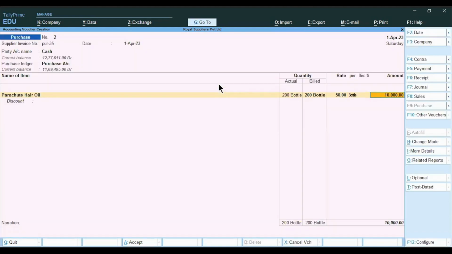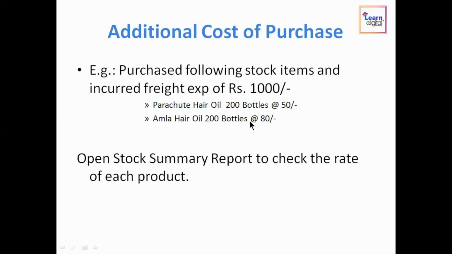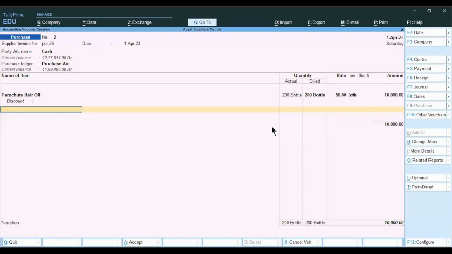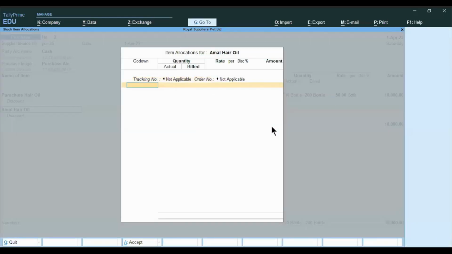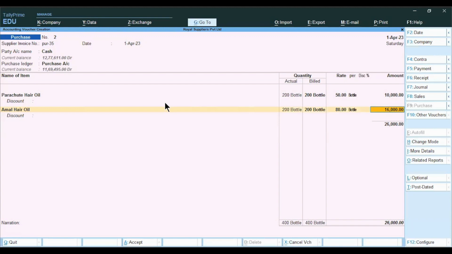Enter, enter, enter. Then next is amla hair oil, 200 bottles at the rate of 80. No tracking available. Store at MG Road, 200 bottles. Billed and actual quantity are one and the same, at the rate of 80 per bottle. Now see, parachute hair oil per bottle is 50 rupees, and amla hair oil per bottle rate is 80 rupees. After entering all the stock items,